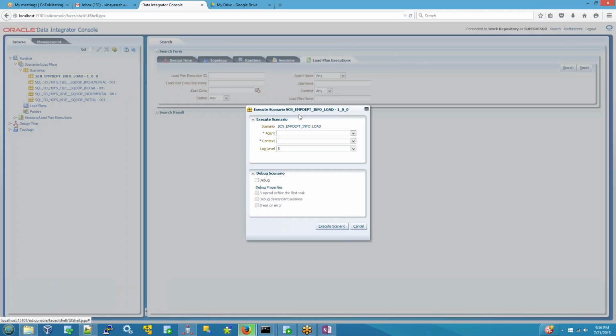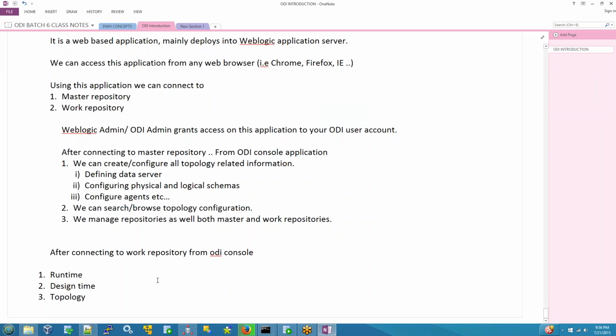So this is the scenario. Right click here and we can refresh. We can view and execute. Whenever you execute the scenario, it executes the scenario, similar to how we executed the scenario earlier. Okay, so under the runtime, we can see the scenarios,